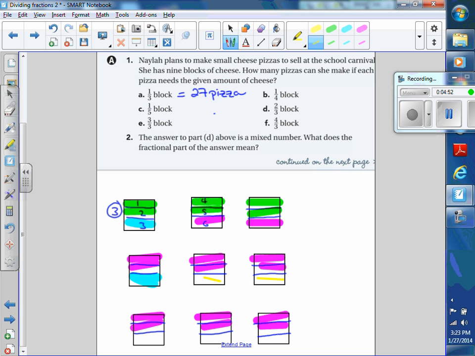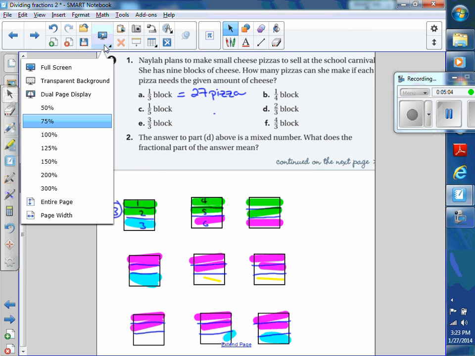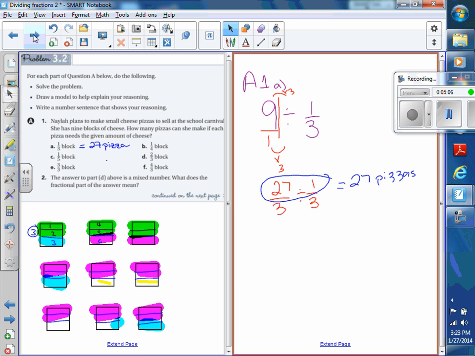And then these 2 could make a pizza, that's 13. And then I have a little bit left over. I can only make 13 pizzas. Does that make sense? But realistically, you're not going to be doing drawings for every fraction problem in your life